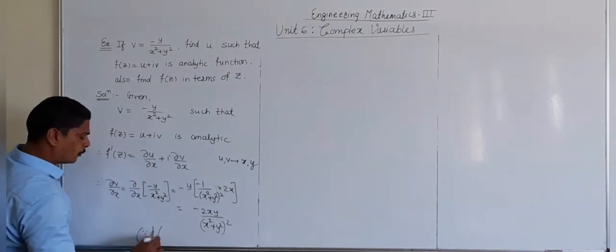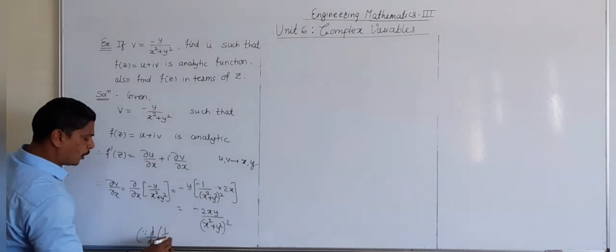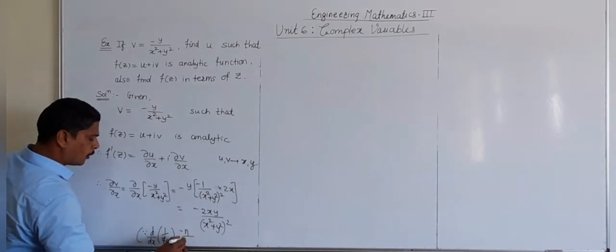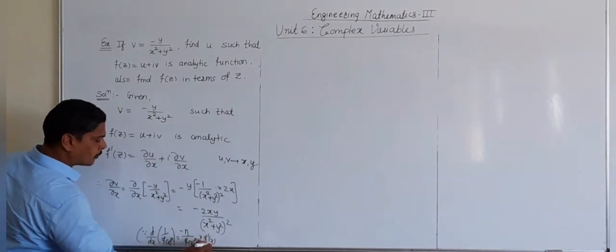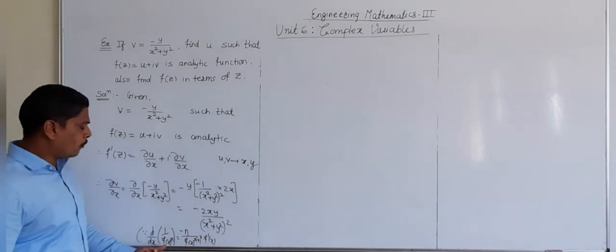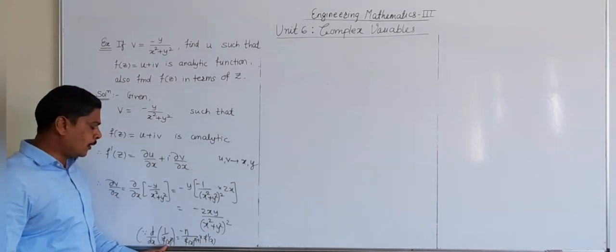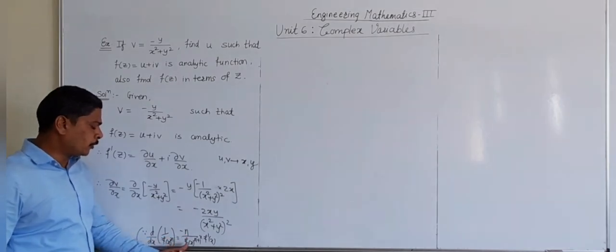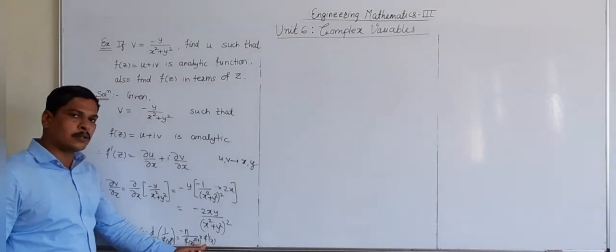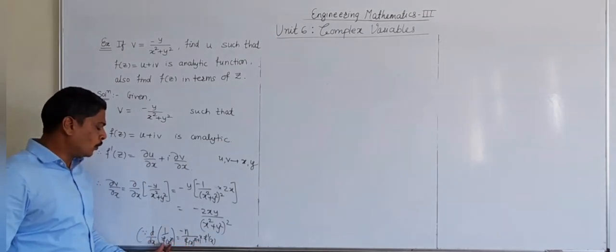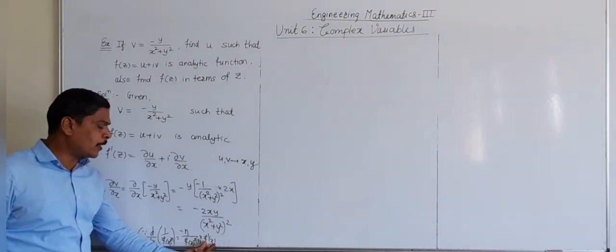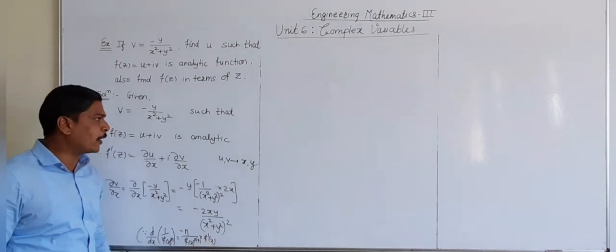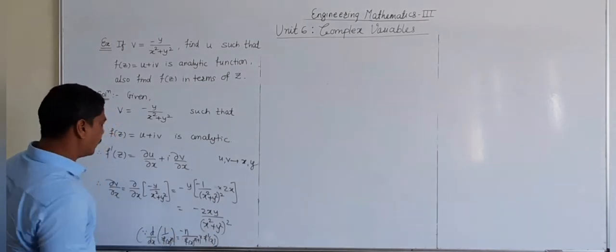since derivative with respect to x of 1 upon f of x raised to n is equal to minus n upon f of x raised to n plus 1 into f dash of x. So using this standard formula. Okay, the power function is in the denominator. So in that case, the derivative becomes minus of this power divided by this function f of x raised to this power plus 1, meaning n plus 1, into, here instead of x we have f of x, that means a function of x. So that's why multiplying by the derivative of f of x, that means f dash of x. So using this formula we get this derivative.